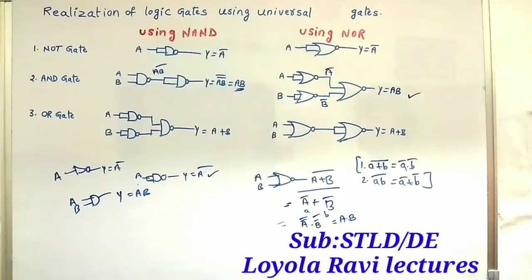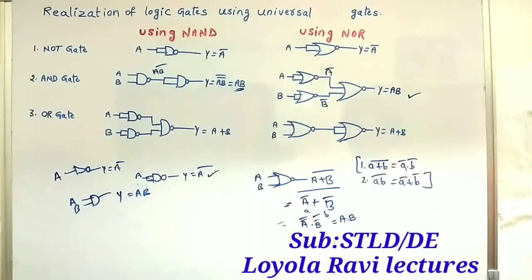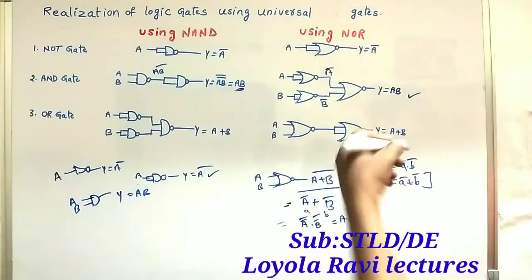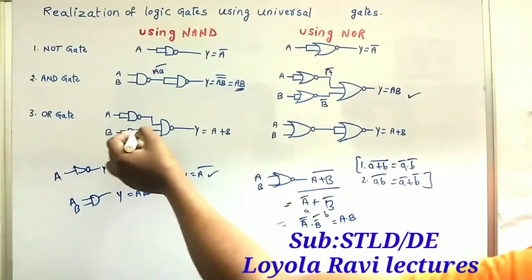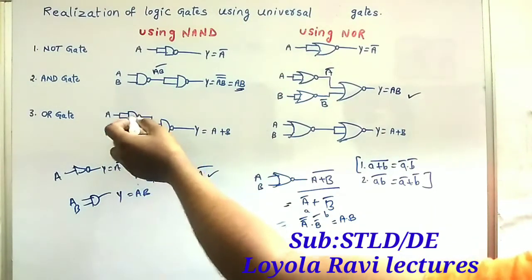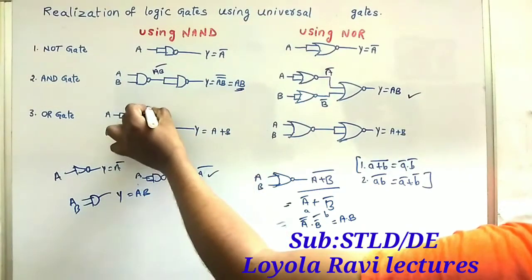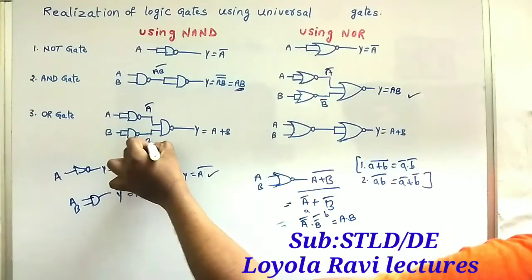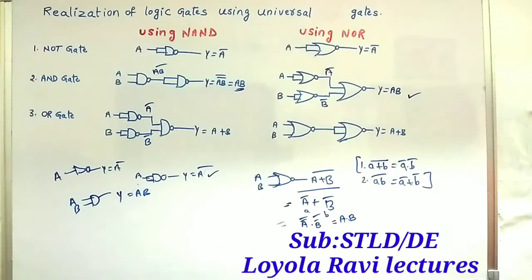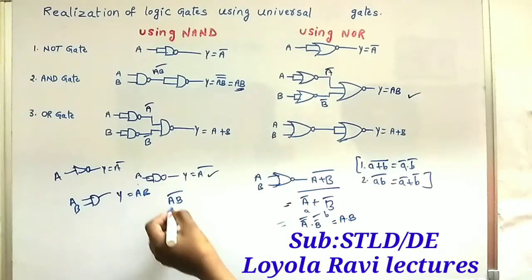If you are going to replace the AND gate with NOR, we need 3 NOR gates. Remember that. Then go for the third one, the OR gate, similar to this one. I am taking two inputs A, B. A is connecting to one NOT gate, B is connecting to another NOT gate. This NOT gate gives A bar, and this other NOT gate gives B bar. This is a NAND gate. The NAND output is (AB) whole bar.